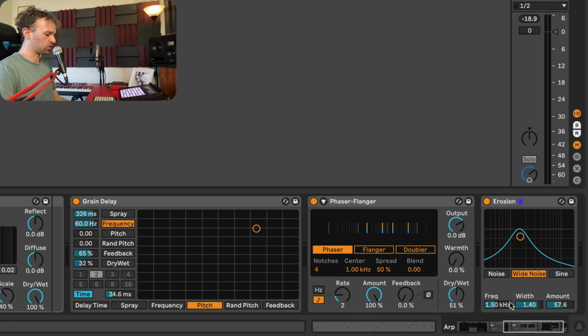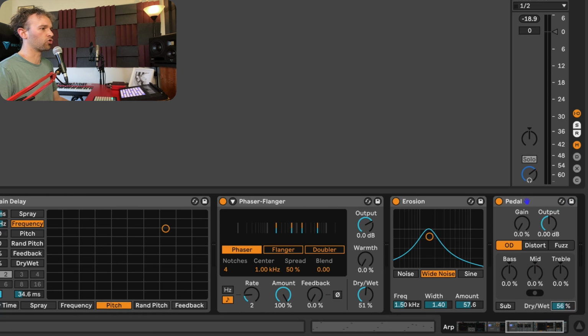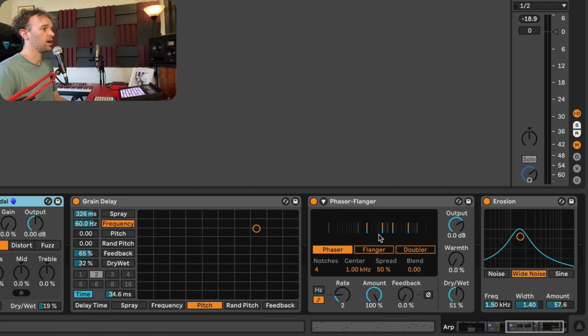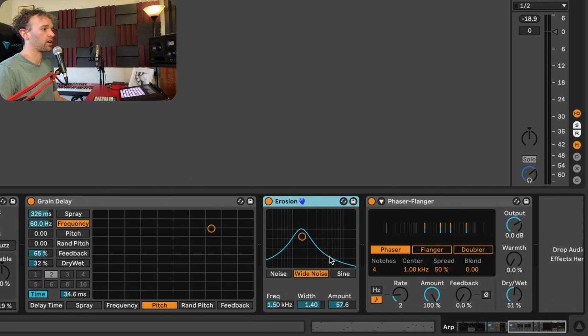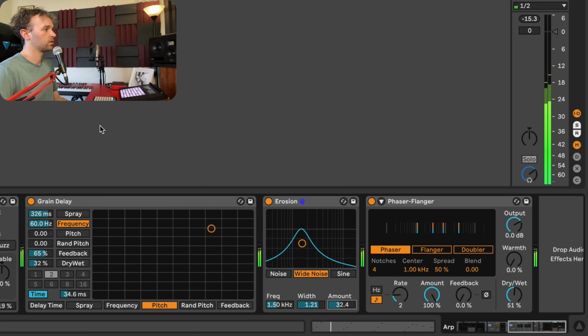And I don't know, let's also add a pedal for the sake of it to add some interesting drive to this signal here. I have no idea what this is going to sound like. We'll find out together. I might just put the pedal before everything and maybe the erosion just after the grain delay, just so we don't get a crazy sound going on. If I solo the ARP sound,